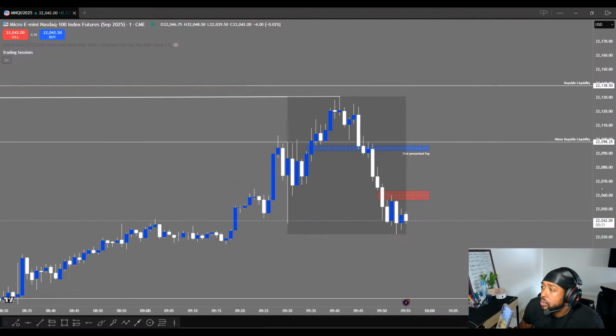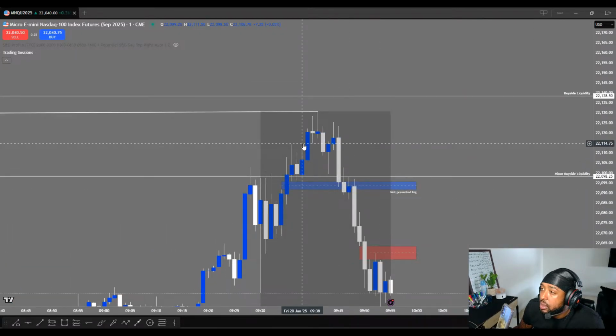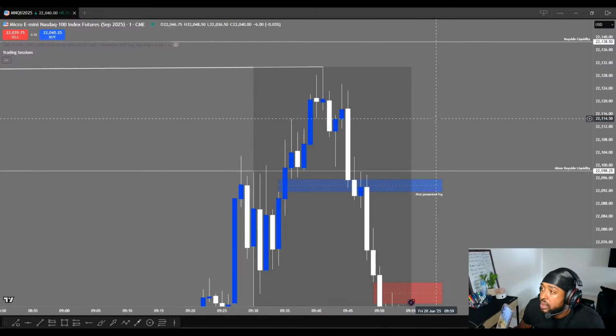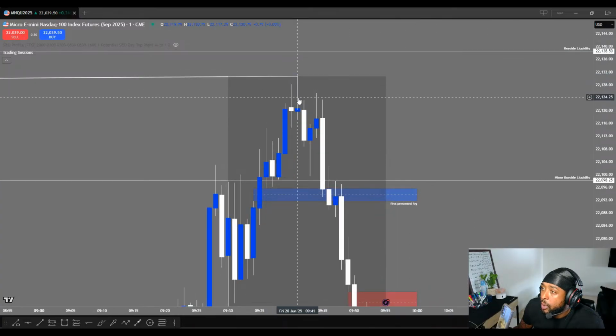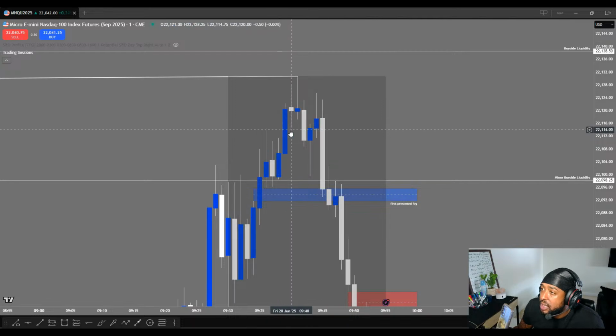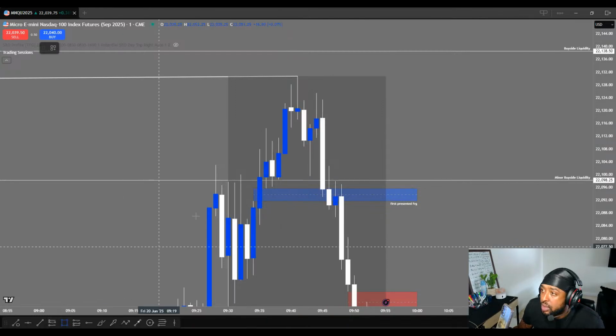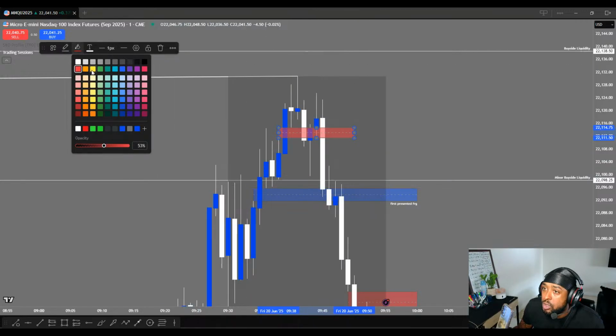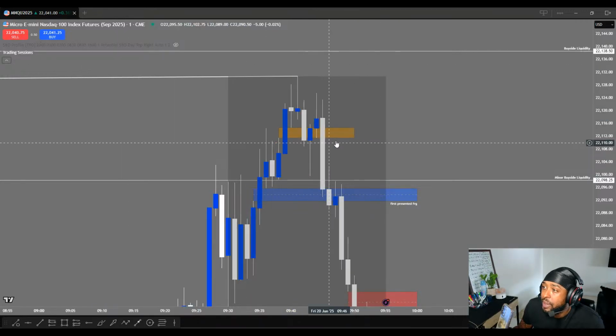because honestly, I would have used this fair value gap right here, this inverse. So we could have had SMT. Now you gotta wait for the change in the state of delivery. I see this fair value gap right here. I'm gonna say, okay, I'm gonna use that one because that's the closest one, and it's up on the leg that got created from the sweep, right? So I would be expecting this to be the inverse.